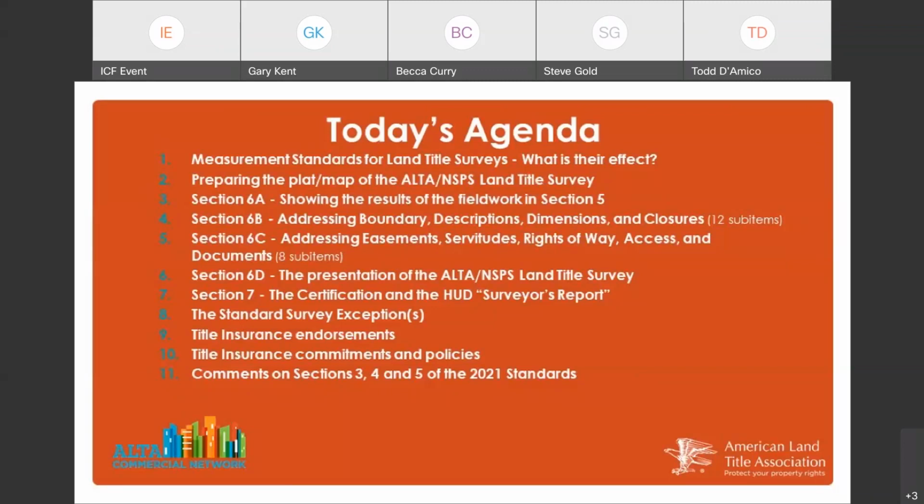And throughout, we may bounce back and tie this stuff back to what we talked about yesterday, which was the standard survey exception, the various endorsements, and the title commitment. And there may be some comments that we tie back into some of these earlier sections in the standards.